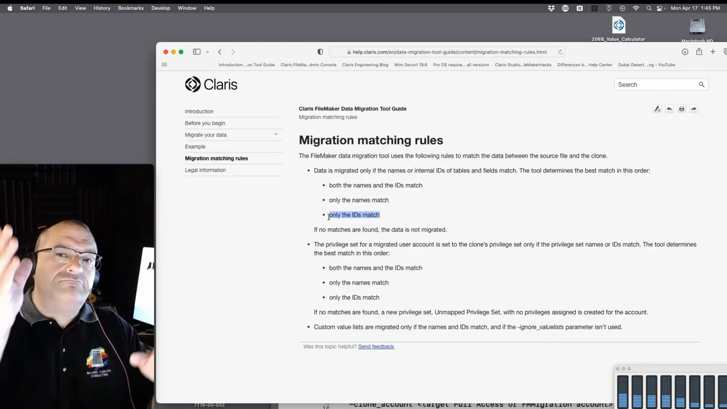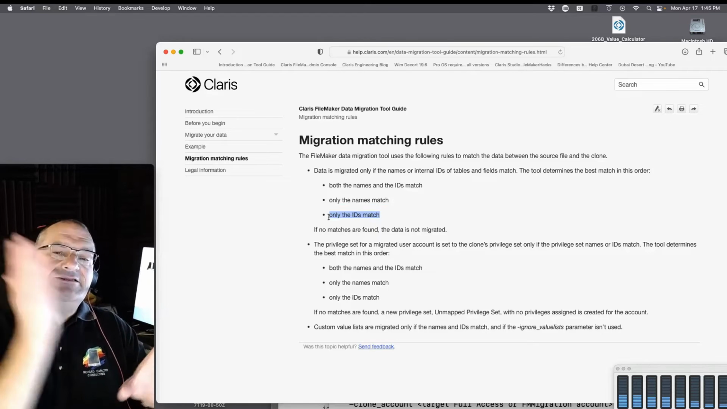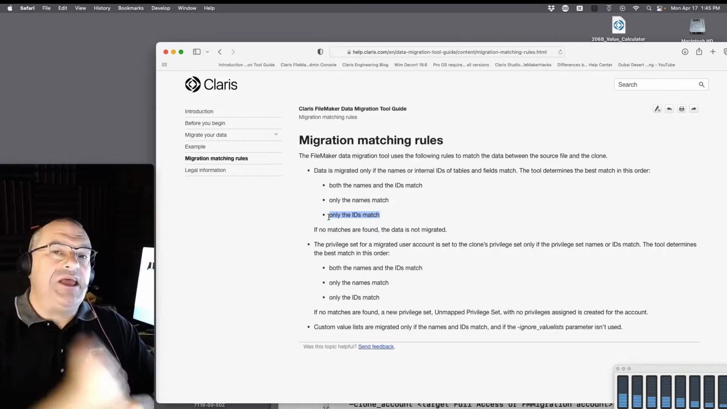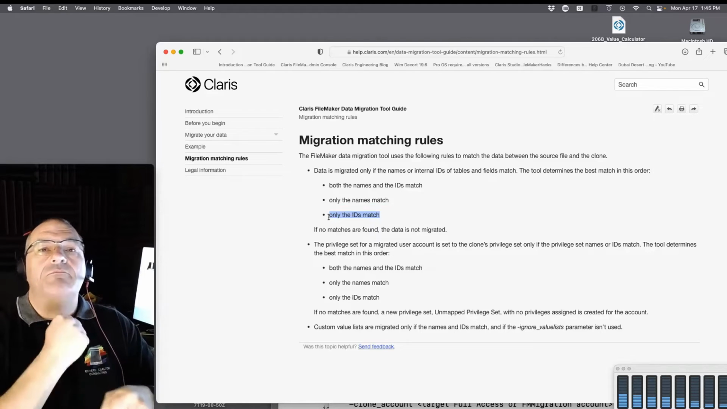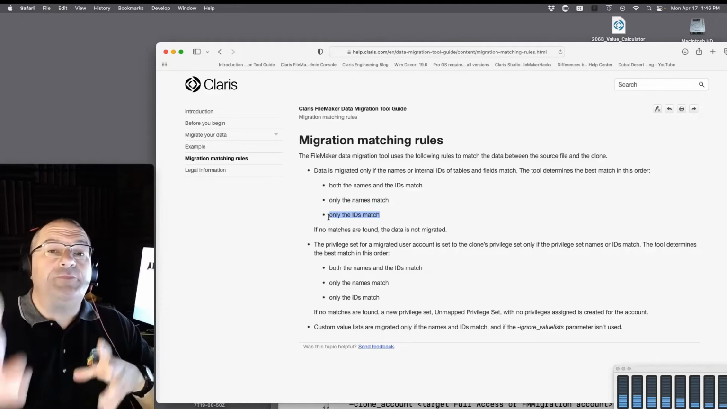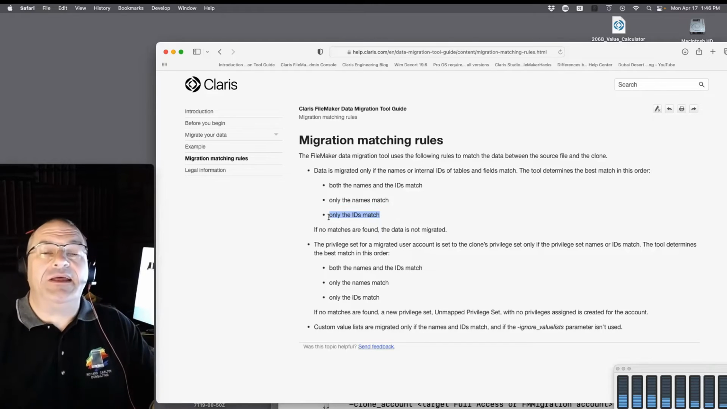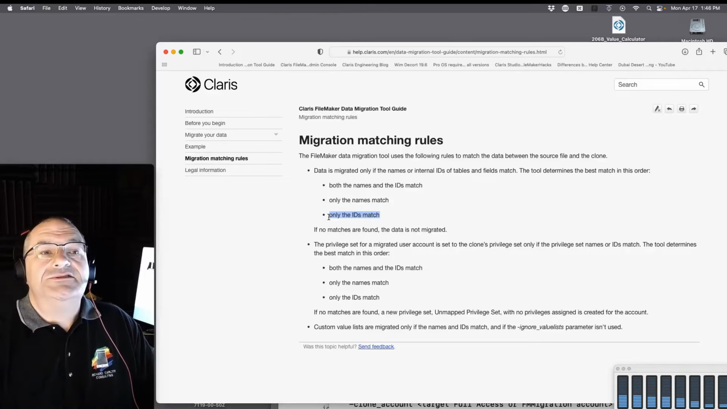This tool is a data migration tool. It's not called the schema migration tool. It moves the data, so you're responsible for managing the schema. Claris has yet, and I mentioned this a little bit ago, to give us the full schema